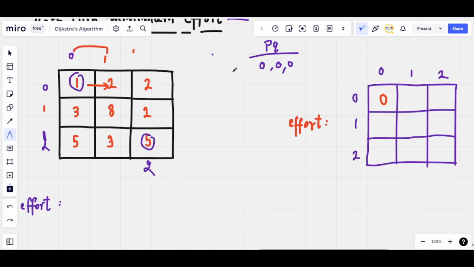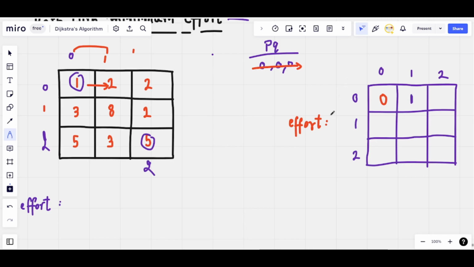Now pop this node from the priority queue, this only node, that is cell 0 0, and its distance is 0, or its effort is 0. Now traverse its adjacent cells, cell 0 1 and cell 1 0. Here you can see that the effort to reach cell 0 1 would be updated to 1, because it is 2 minus 1, that is 1, and 1 is better than the effort that we already have for this